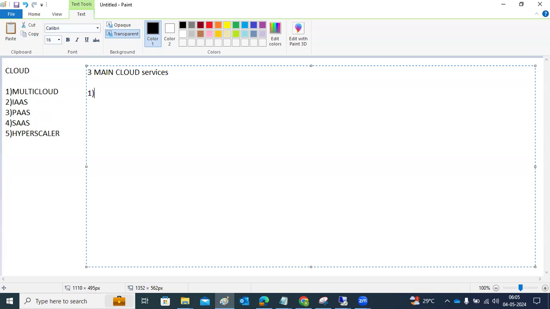One is IaaS, infrastructure as a service, then PaaS, platform as a service, and the third one is SaaS. Here BTP comes under PaaS, platform as a service.